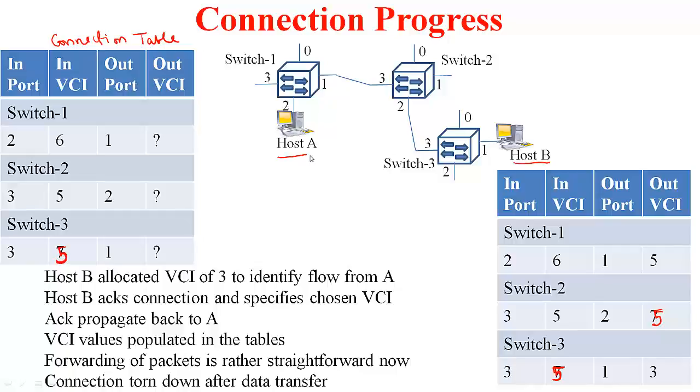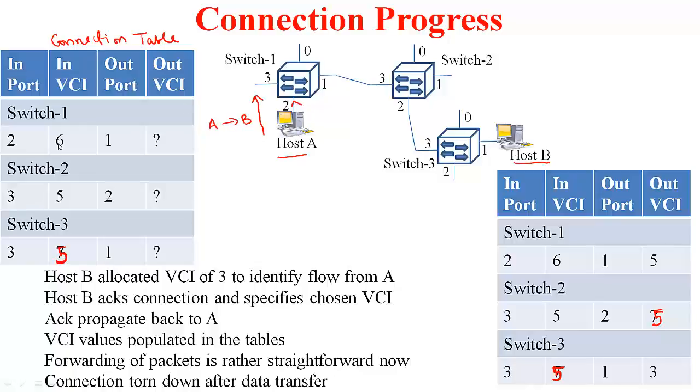Before it sends these packets, it's going to establish a connection. So for that, host A will contact switch 1 and say, I want to talk with host B. Now switch 1 is going to notice that host A's packet has come on port 2, so it maintains what is called a connection table. Within this table, it is going to note that when a packet comes on port 2 corresponding to this particular